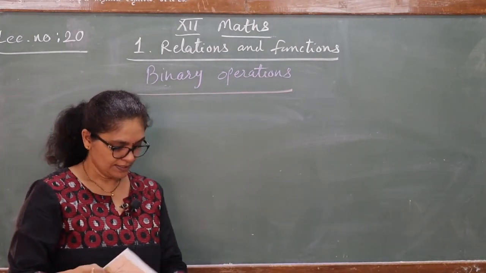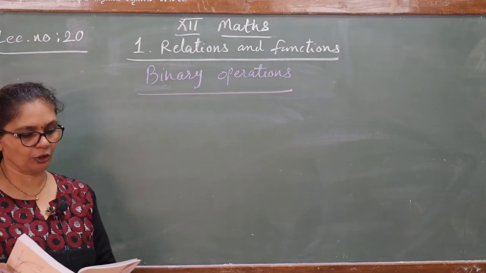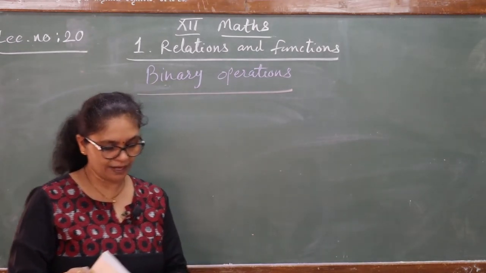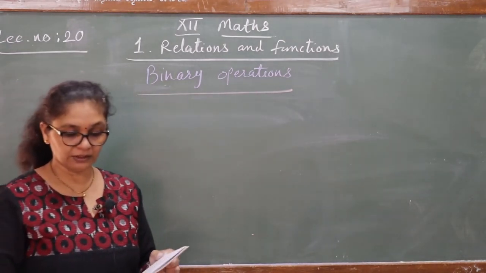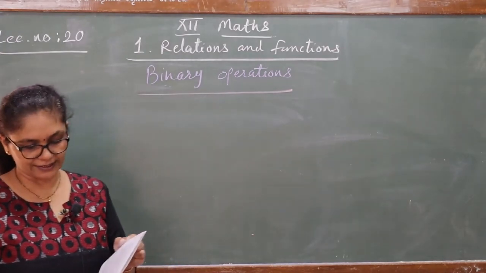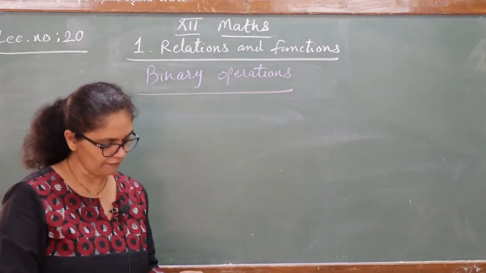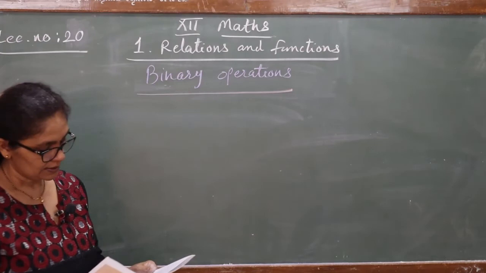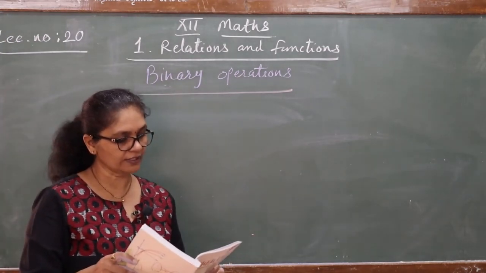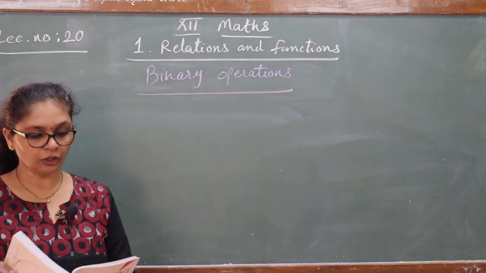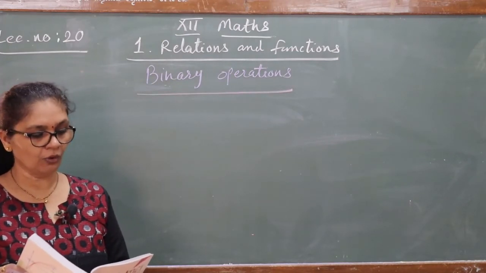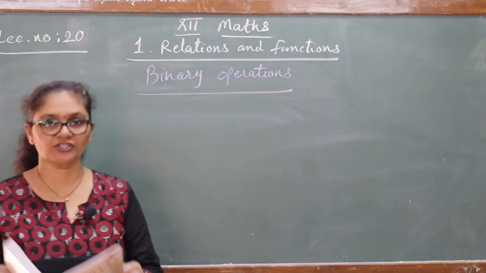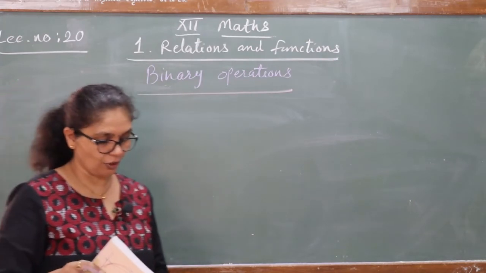Now see, the definitions are mentioned on page number 22: definition 11 for commutative, 12 for associative, 13 for identity and 14 for inverse. So we have discussed this in detail. Now come to question 34. Check it. R cross R to R is commutative over addition and multiplication, and for subtraction and division it is not true, which I have already shown you.